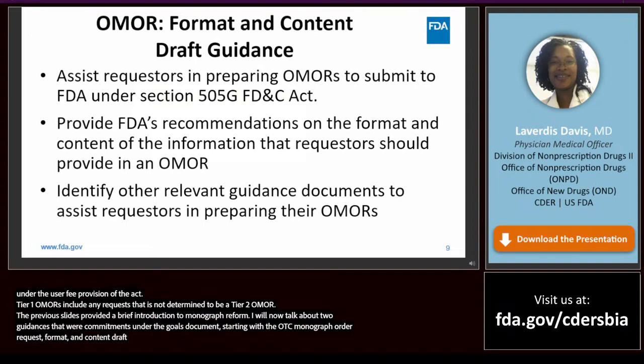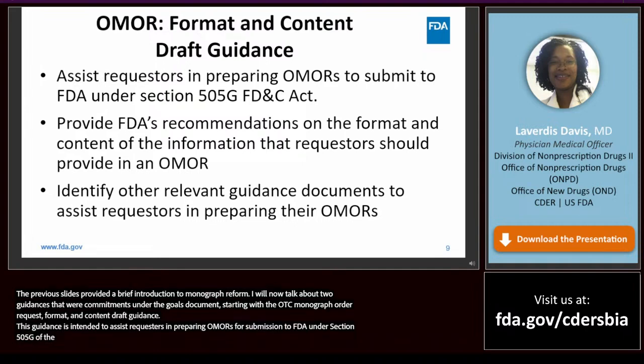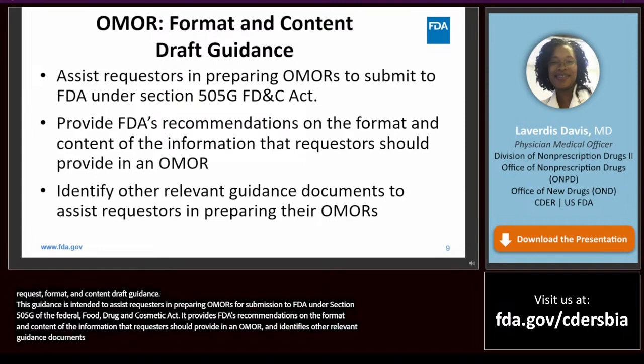This guidance is intended to assist requesters in preparing OMORs for submission to FDA under Section 505G of the Federal Food, Drug, and Cosmetic Act. It provides FDA's recommendations on the format and content of the information that requesters should provide in an OMOR and identifies other relevant guidance documents to assist requesters in preparing their OMORs.